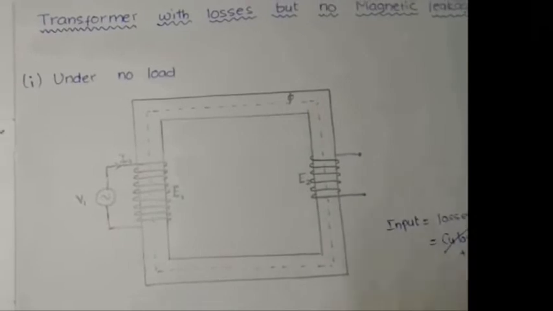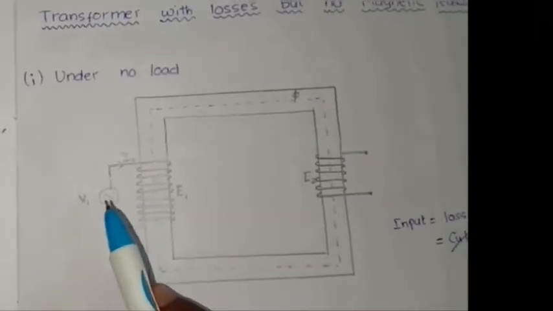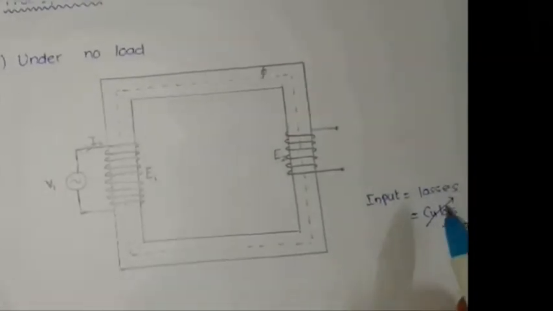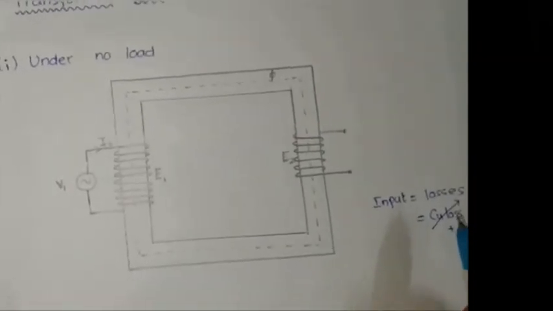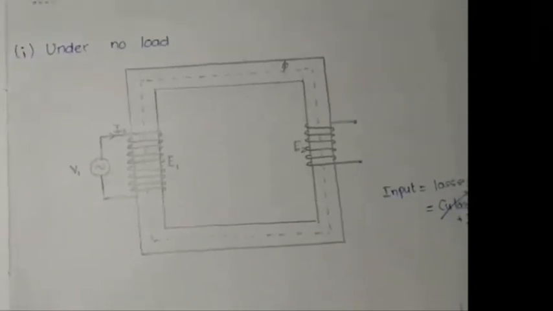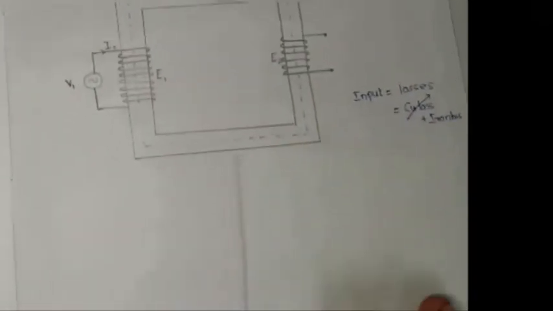As there is no output, the no load current I naught is very small. It is almost equal to 1% of the full load current. So, copper loss is negligible as it is equal to I square R. Let's draw the phasor diagram for this transformer under no load. Let V1 be the supply voltage